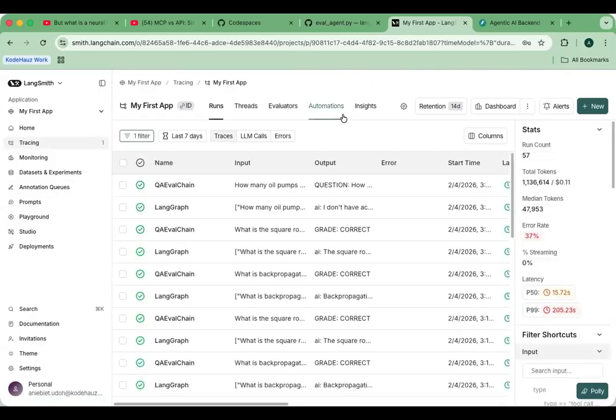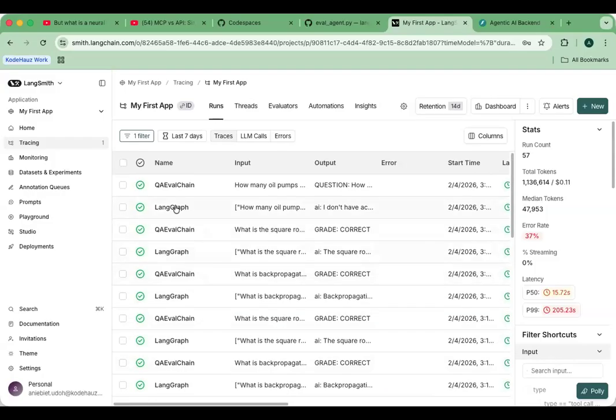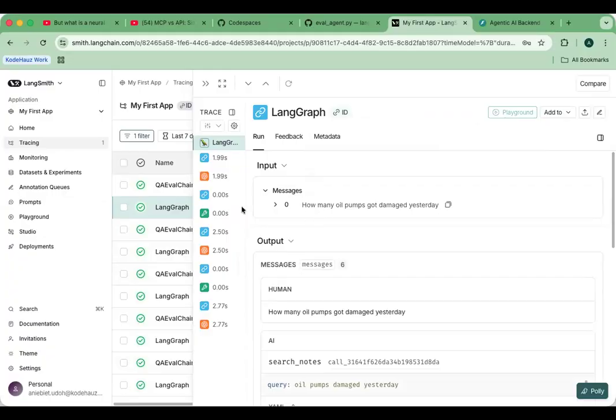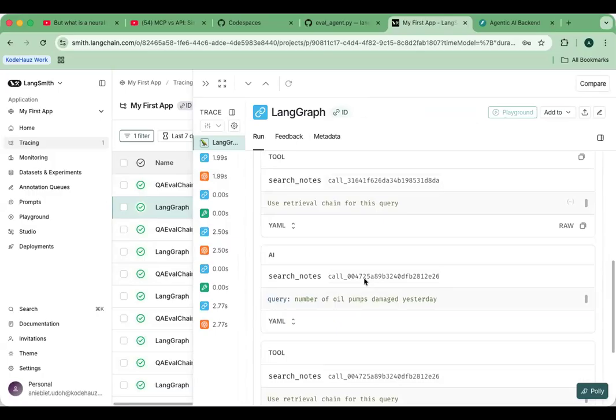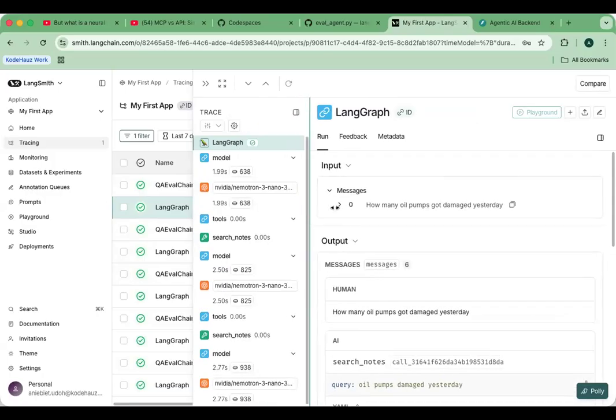Yes, it does a tool call. So you have this tool call, QA eval chain. This is even a tool call to the eval chain, right? But let's look at the actual LangGraph call, which is the agent call. LangGraph is the agent call, while QA eval chain is the eval call. So in the actual call here,